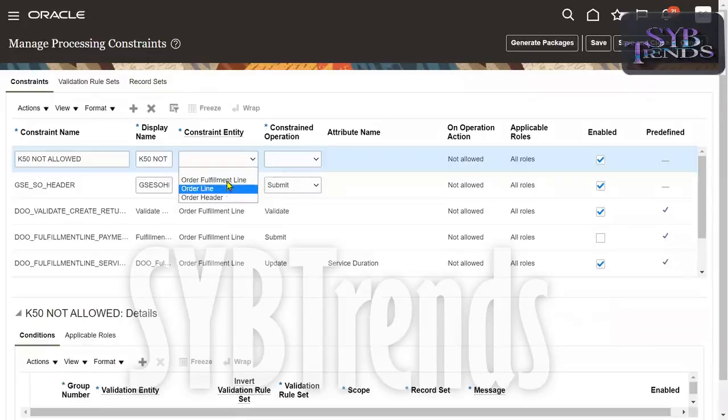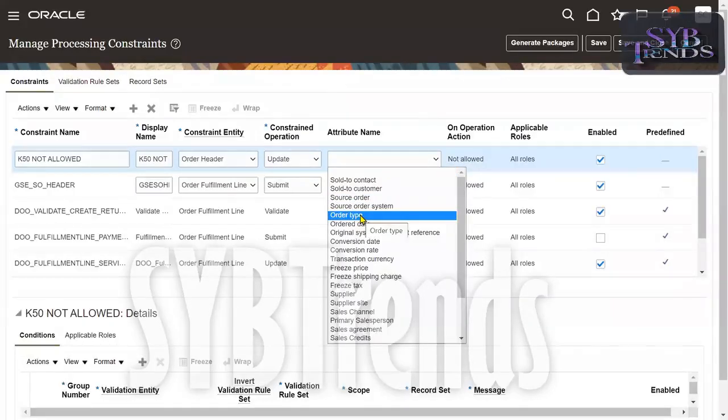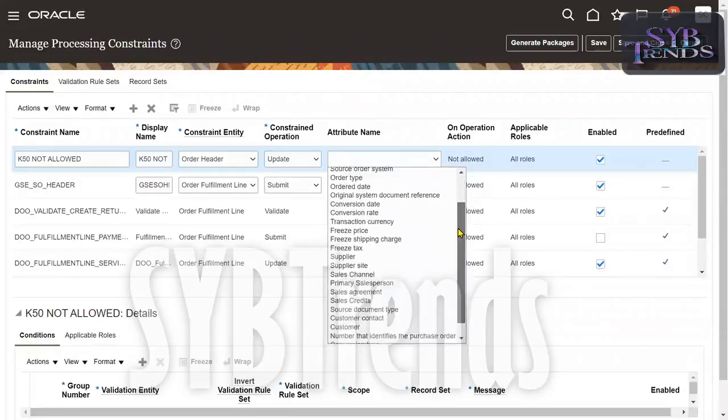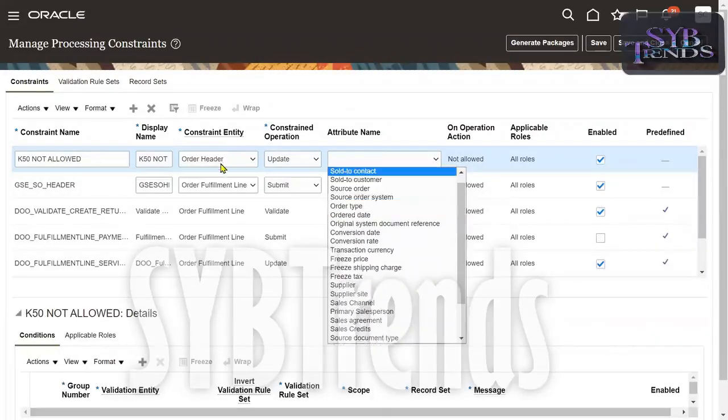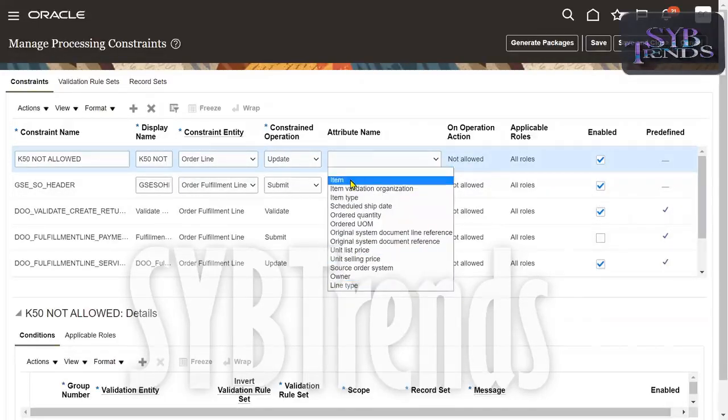Is it a header level attribute or line level or fulfillment line? I'm selecting header level, and at header level I am controlling the update operation. Update operation on which attribute? Order type. You want to control the update operation on order type, or let's select order line here. At the order line level, yes, the update operation I would like to control on which attribute, on the item or item type or